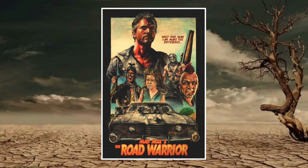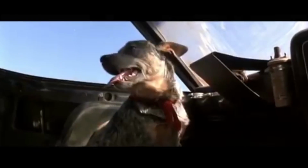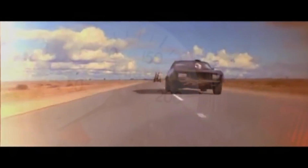In Mad Max 2, The Road Warrior, Max is still using the V8 Interceptor as his primary vehicle, which also likely serves as his home, making me hope he's got an air freshener in there. The once pristine car is now showing wear and tear. Max has modified it, the back window has been taken out, and large gas tanks and a spare tire are